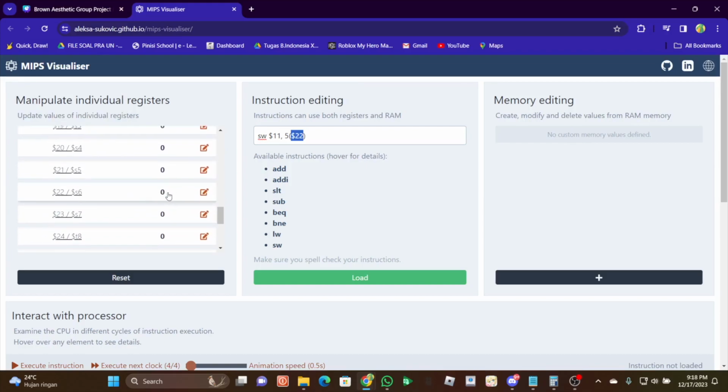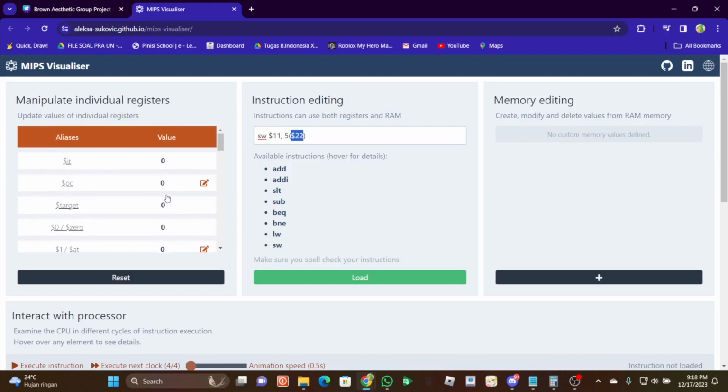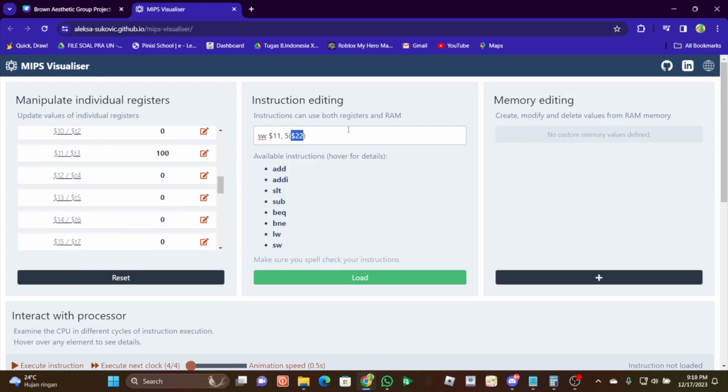I will not change this. I will change this later. I will explain the basics. Okay, after that, this is the target address that we want to store in memory.